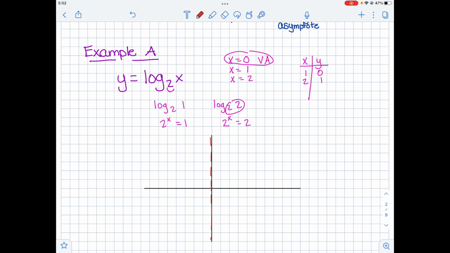So our vertical asymptote is right here at x equals 0. And then we'll go ahead and plot our 2 points. We have (1, 0), and we have (2, 1). Now, we start from our vertical asymptote because we're never going to touch that, and graph in that direction. Okay, just to give you a little idea. So then I want you to notice, we know our vertical asymptote, we would write that as x equals 0